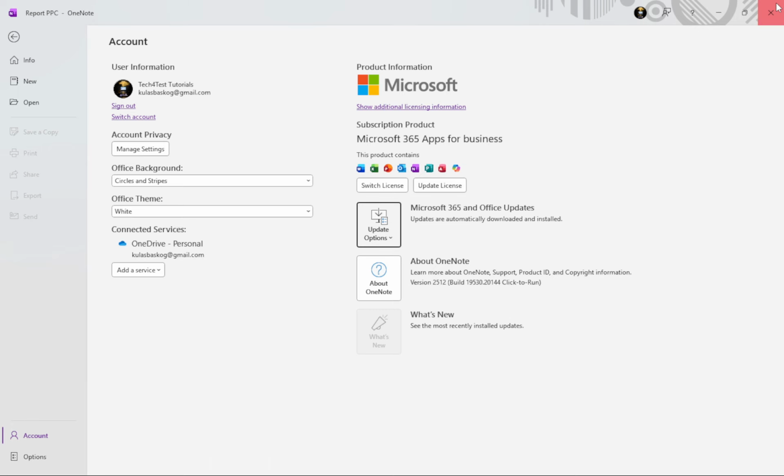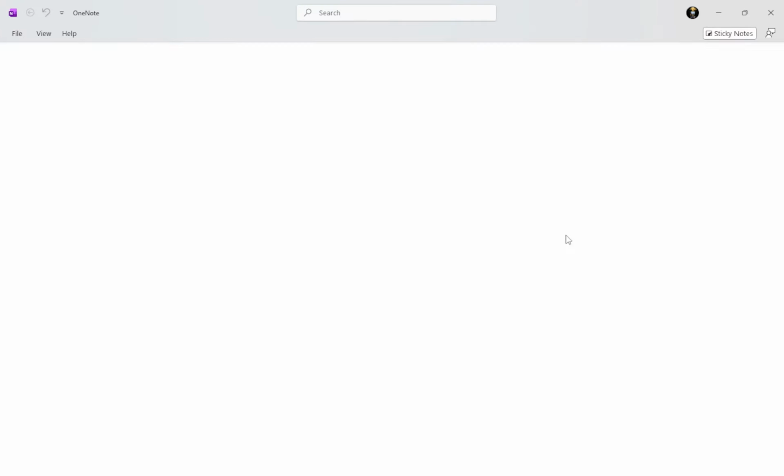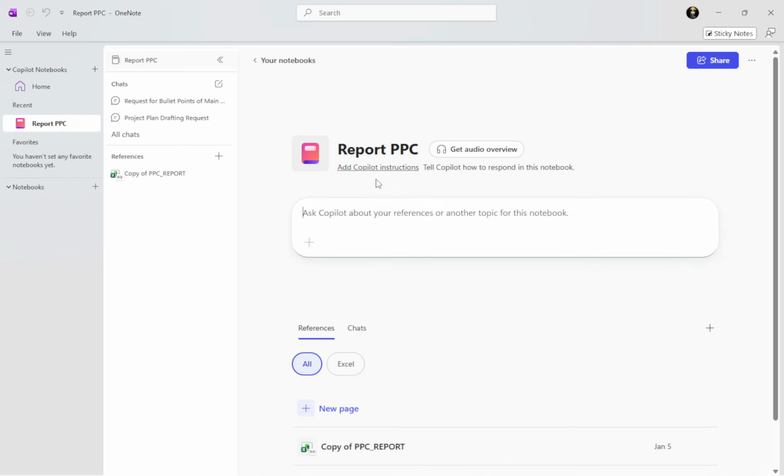A quick note on what's happening behind the scenes. Updating from here doesn't just target OneNote, it updates the entire Office suite, including apps like Word, Excel, and PowerPoint. That's normal and actually helpful, because it keeps all of your Office tools current with the latest features, security fixes,